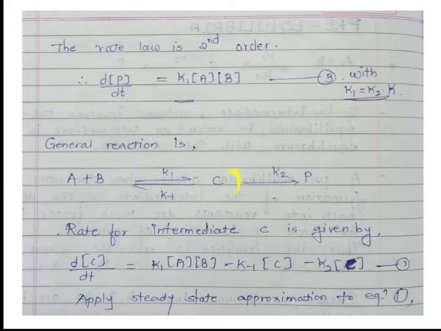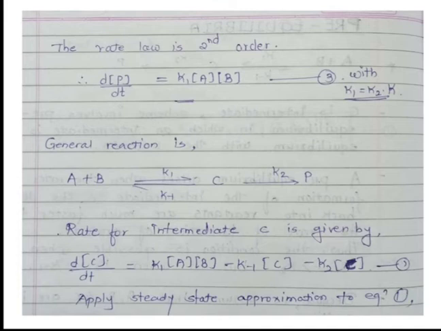In the next step, also C is going to decrease, decompose or disintegrate to give a product P. That's why we write again a minus symbol. Rate is K2 and concentration of C is decreasing, that's why written here K2 into concentration of C. This one is our equation number 1.